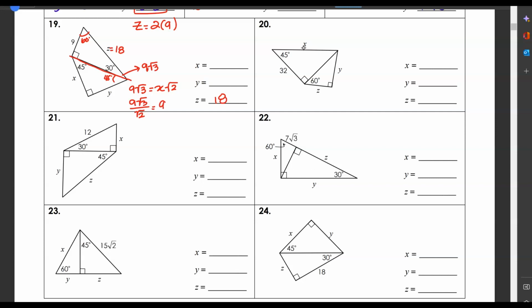So we get 9 over 2, and so I get root 3 times root 2, which is the same thing as saying root 6. Okay. And so here we're left with the answer of our x value is going to be 9 root 6 over 2, and that's actually going to be the same as our y value. Okay, so those are our two values. All right,